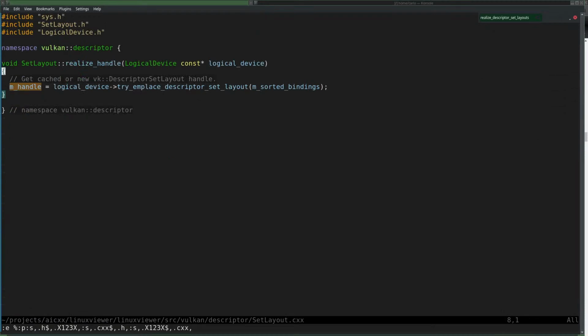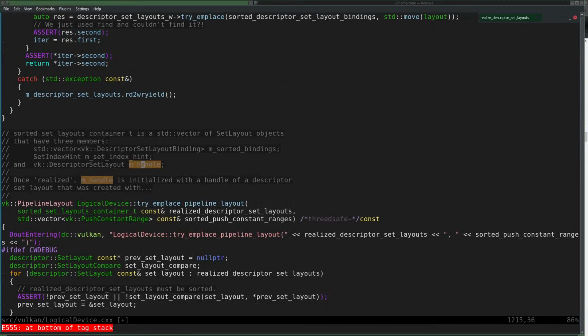Once realized, m handle is initialized. Yes. Totally constructed from. You can do this, I guess. So the handle of a descriptor set layout that was created with, yeah, let's say from